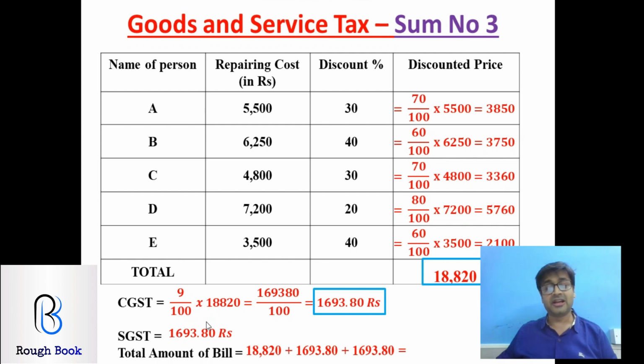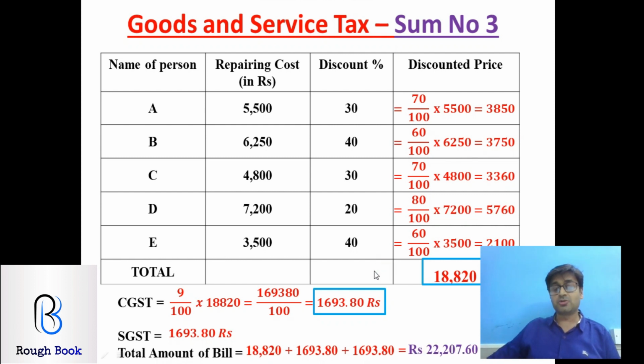And then for your final answer, you're going to add this. That is the total discounted price plus CGST plus SGST. The total of all the three. Come on, total it up and tell me the final answer. Yeah, I'm doing a slight cheating over here. I'm going to take it from the computer directly instead of adding it here. What cheating? I have only calculated and prepared this before, so I know it.